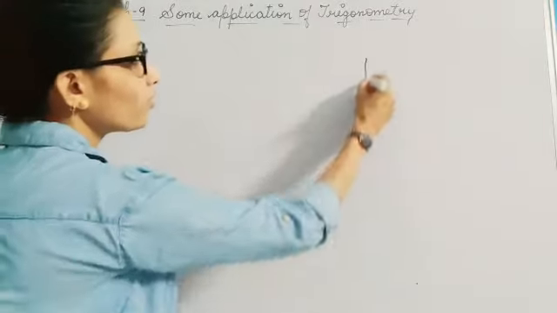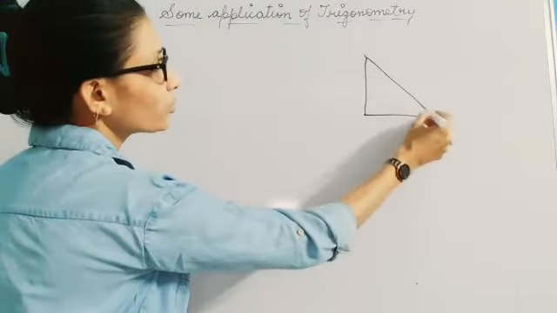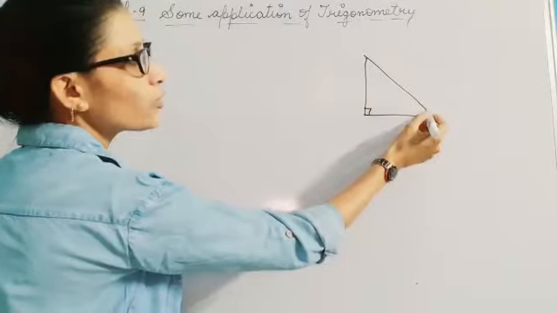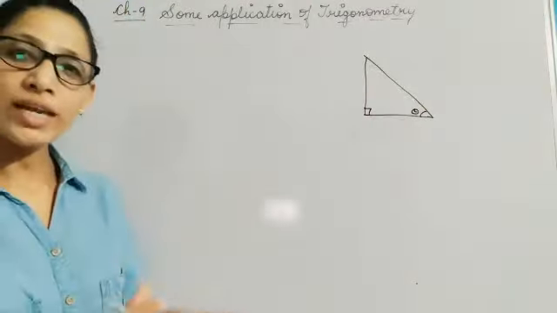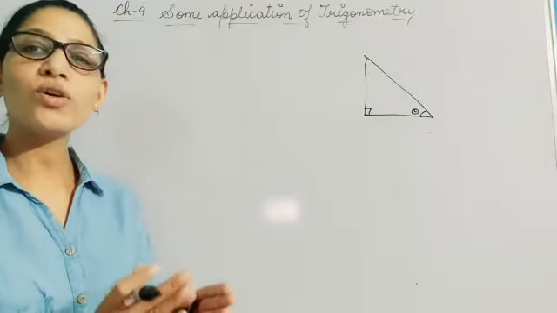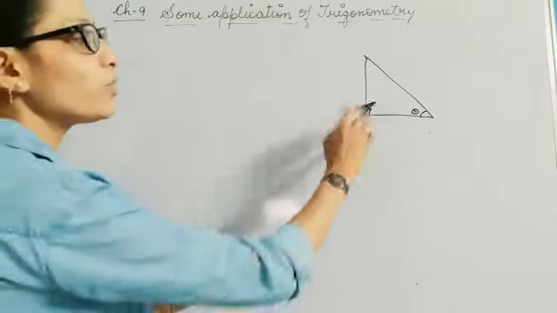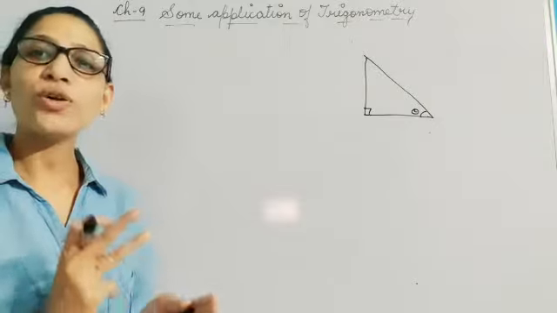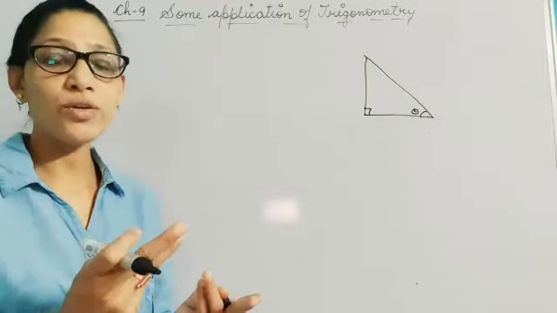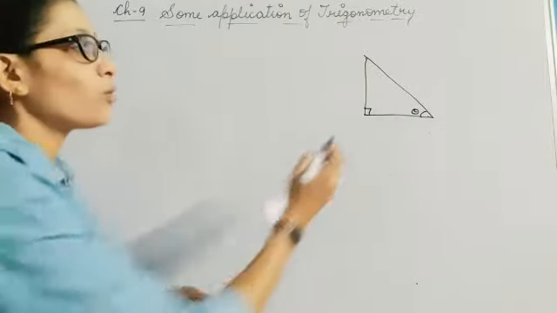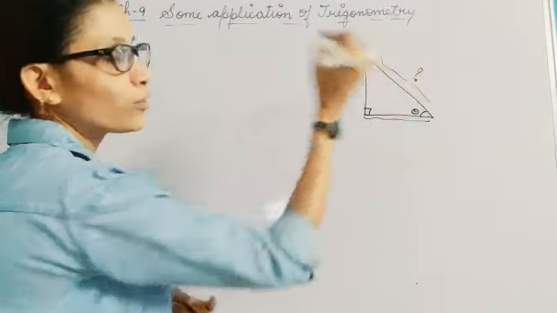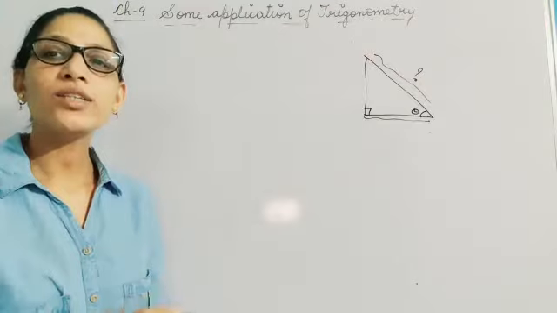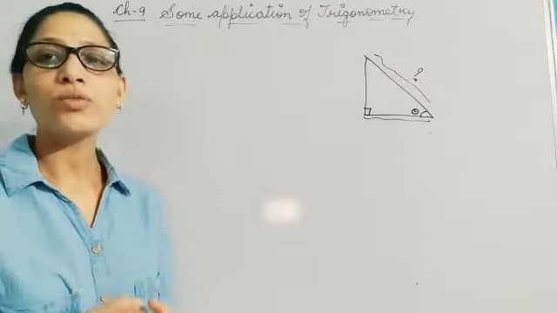One, you always need to make a right angle triangle. Secondly, you have to frame theta, or I can say you have to locate your angle of elevation or depression over here, and then you have to take the ratio of any of the two sides. Any of the two sides here means one which is known to you and the other which you want to calculate. After that you need to just write down whatever it is.